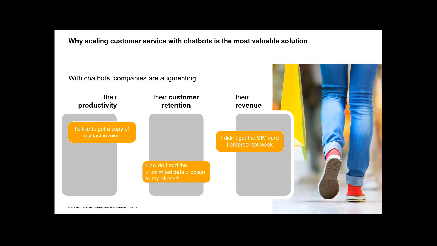So all in all, a customer service should be more productive, and a chatbot can support that productivity, because a chatbot can do lots of tasks when I implement them. Here are some examples. I can have better productivity because the chatbot can already trigger some tasks, or book some options, or answer some questions. So all in all, a chatbot would be a good idea to scale your customer service and to improve your customer service.